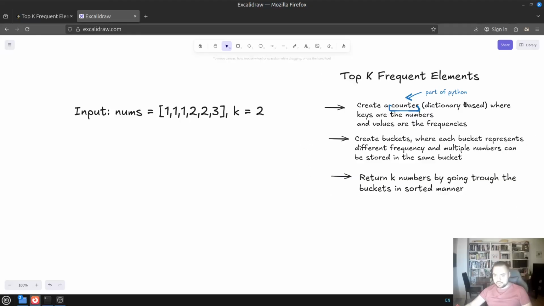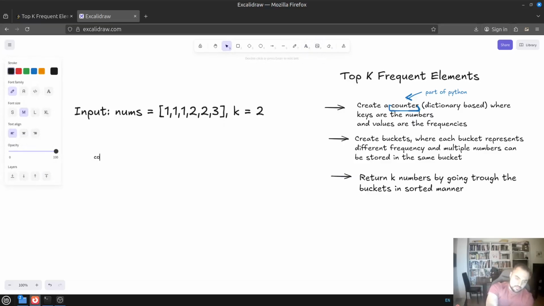And that's the whole strategy. So now let's try to do it on this example. And first we would have a counter. As I said, it is part of Python, so we don't really have to worry about how it works internally, but I think it's still a good idea to create it on your own at least one time, so you learn how it works. Yeah, and the keys are the numbers, the values are the frequencies,